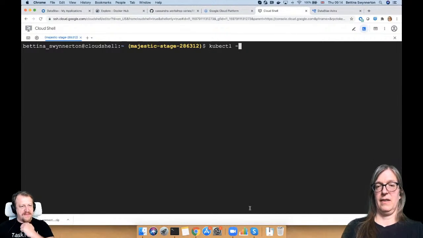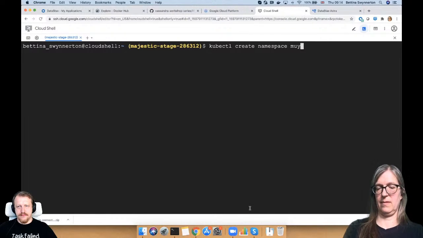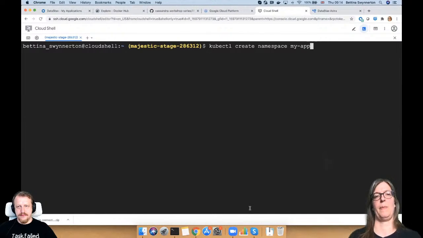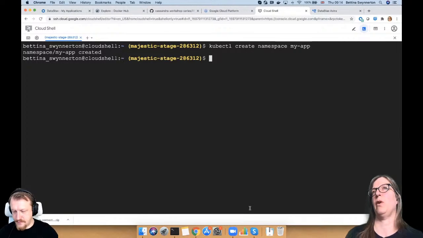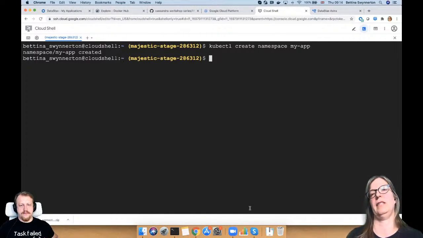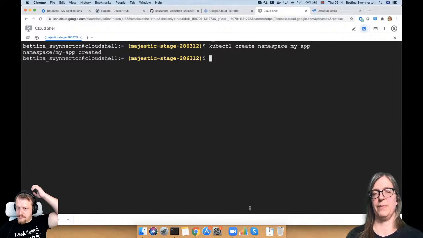So we create namespace my app. Okay, that's created. And then we want to create the various pods, right? We want to create a pod for the backend, and we want to create a pod for the UI.